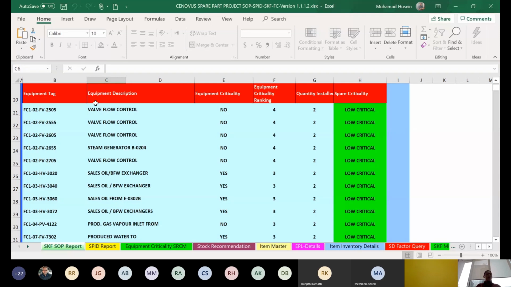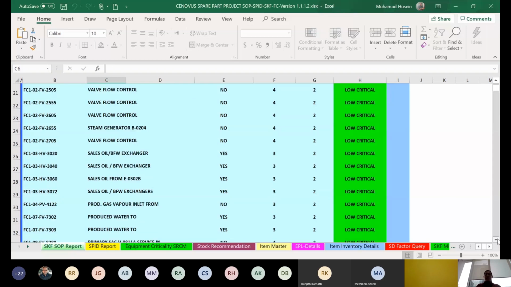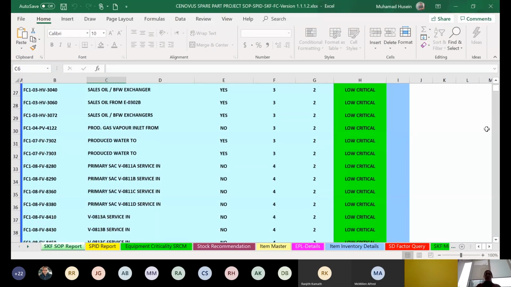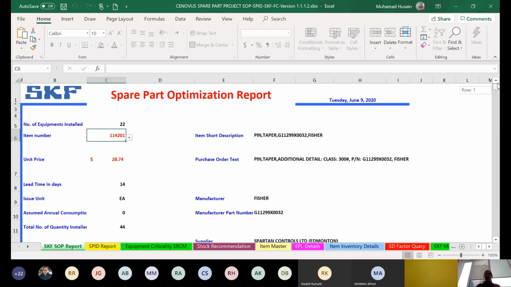So you create a bill of material, so we know exactly what kind of equipment uses this item. Then we also know exactly the number of critical equipment from this list of equipment, which equipment is critical, and then we know exactly the quantity installed for each equipment, and then by having this, we create the